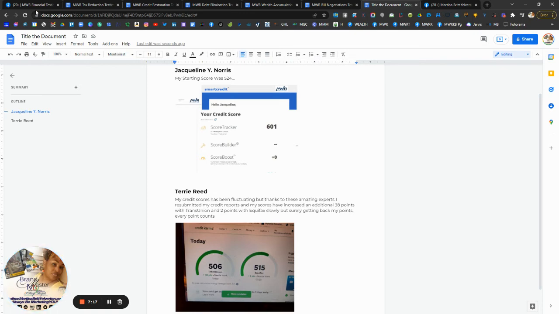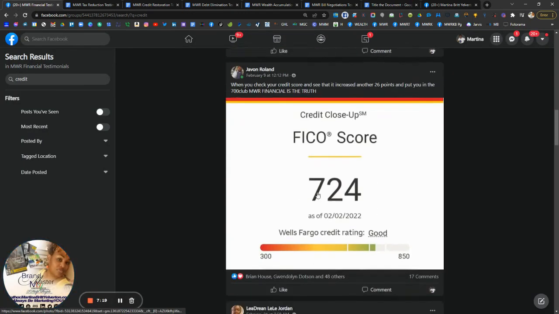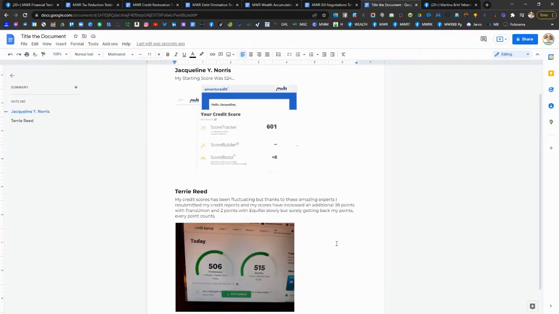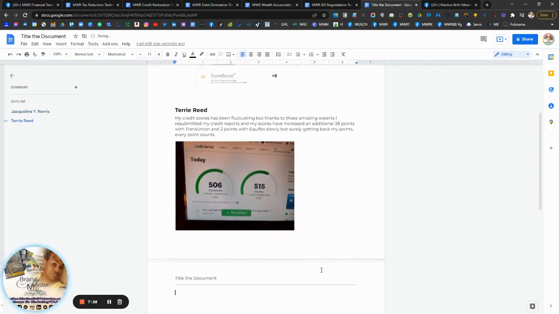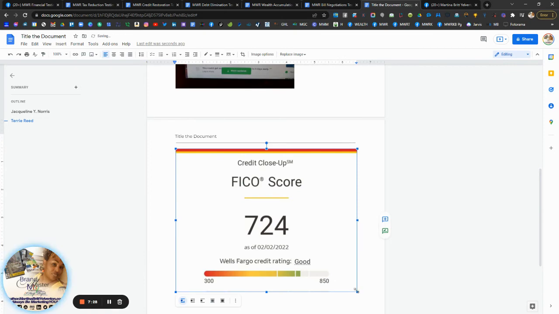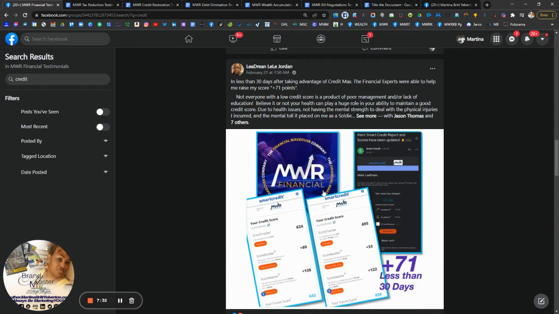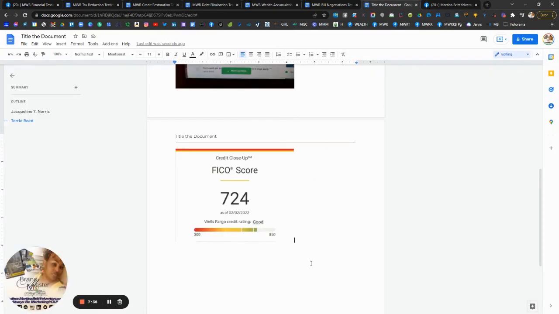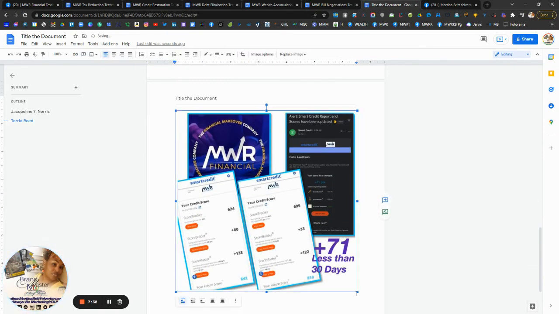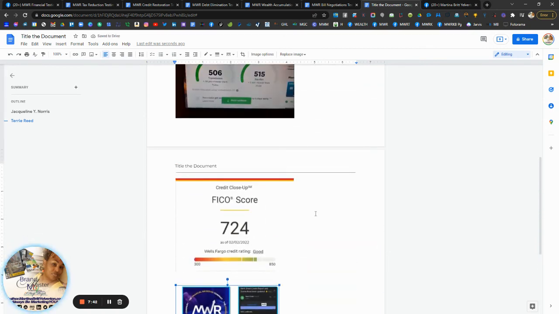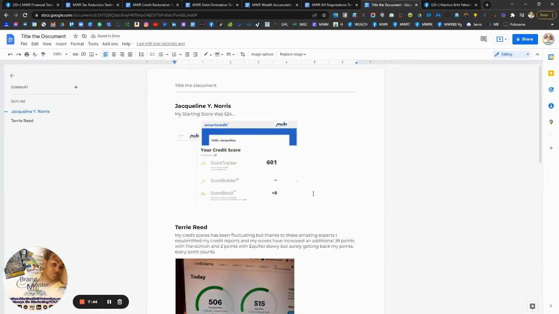If you're not interested in that, just go over and grab each image. Right click, copy, come back to your document, go to the end of your document and paste, right? Resize it as you choose to, and there you have testimonies that you can pull quickly out of the group by copying them, bringing them into your document, and then pasting them. Okay, so just letting you know, quick and easy, one of the ways that you can do this so that you can always have a document on the ready to share a testimony.